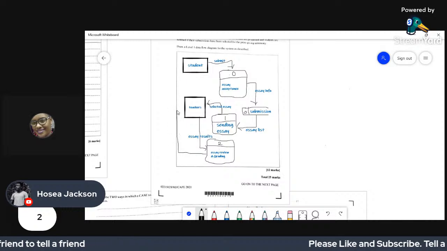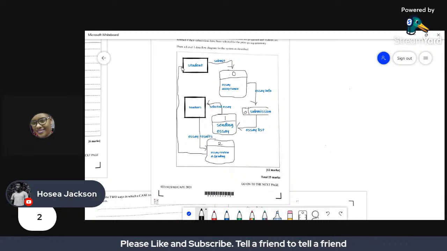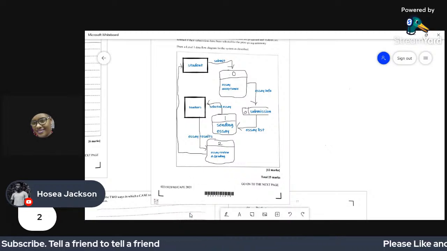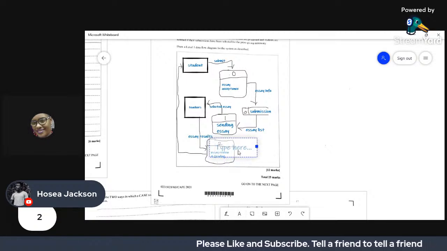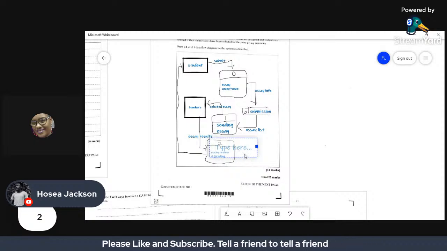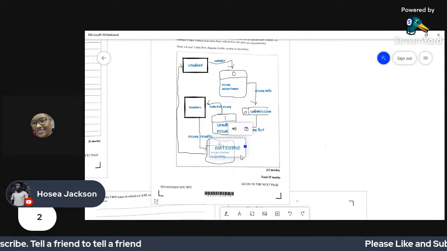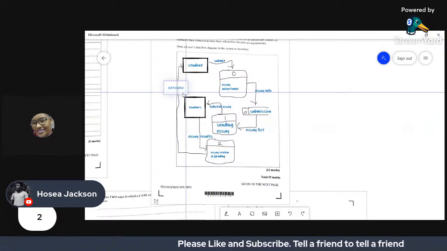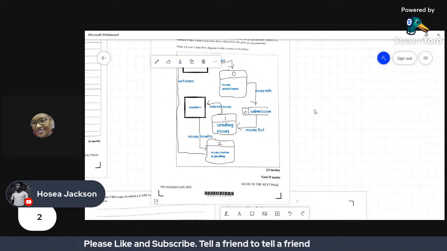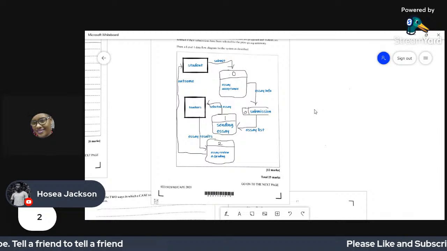So we are now going to draw a line from this one, and the line is supposed to be straight, but I'm using this and it is not. And we're going to label that line. I'm going to have outcome as the action that is taking place or what is being done. I'm going to put outcome right here on the line. So that would have been your level 0 for your 12 marks.